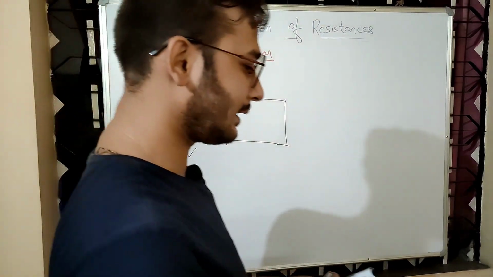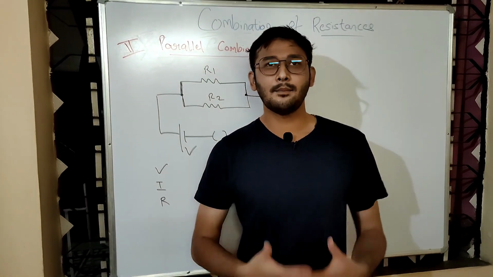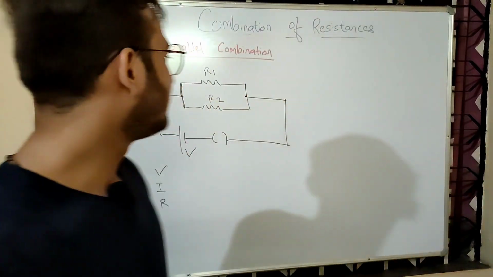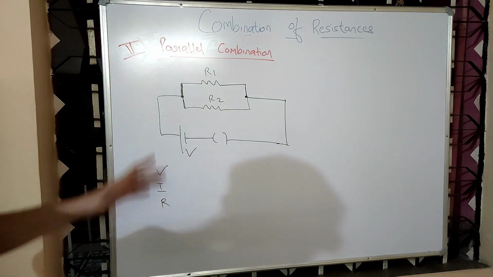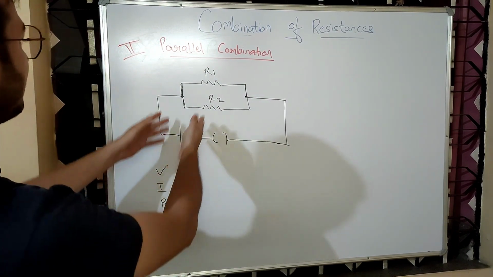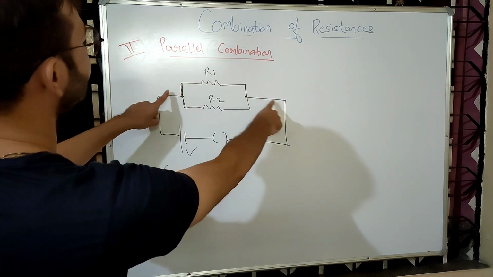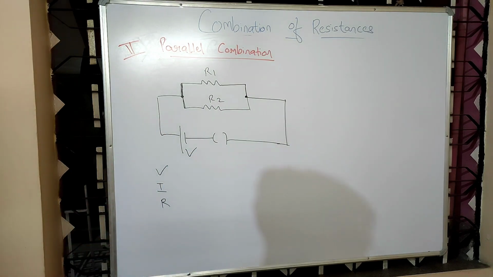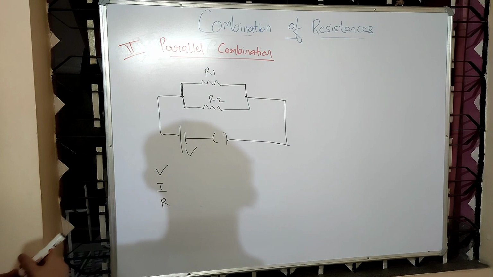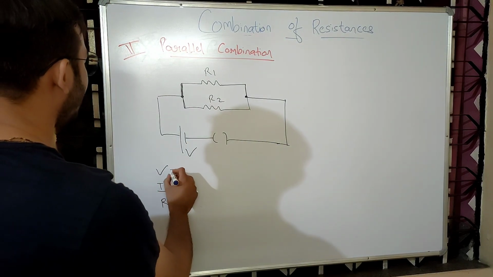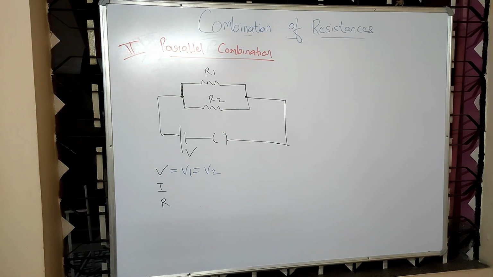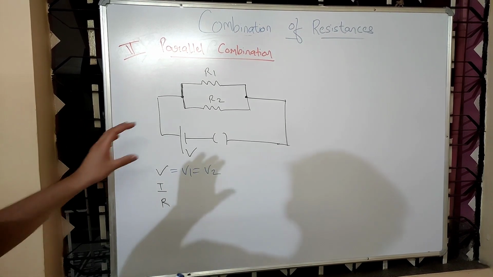What changes happen in their life if we connect resistances in series or parallel? That is what we need to find. So V, if I am connecting these resistances in parallel, you see this resistance is getting the entire voltage of the battery. So in series the current was the same, but in parallel the potential difference remains the same. V will be equal to V1 equal to V2. So both the resistances will be getting the same potential difference, that of the battery.